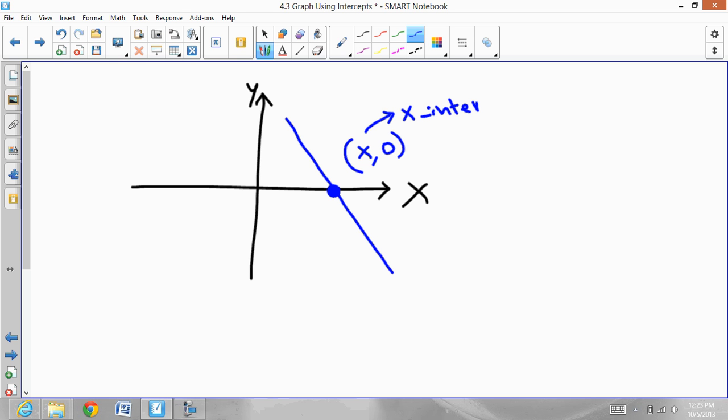Your x-intercept is actually when the equation graph touches your x-axis. So when the line touches the x-axis, your y value is 0. So you can find the x-intercept when your y is 0. If you look at the other one,